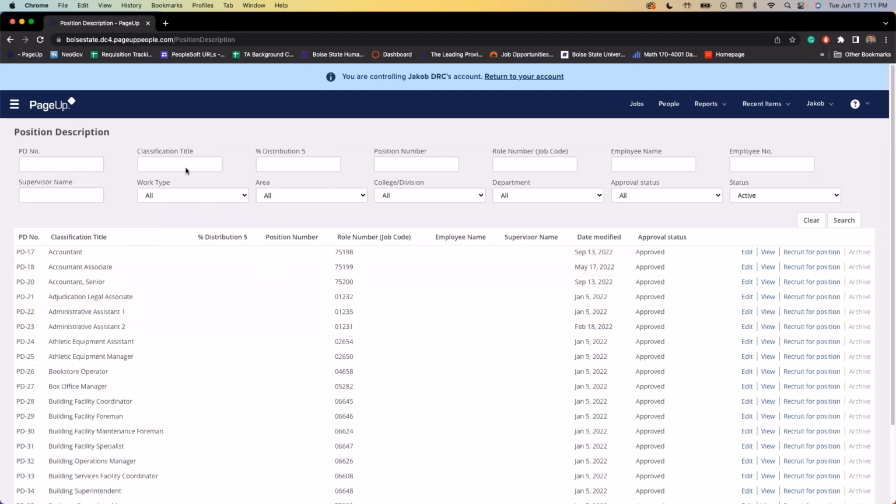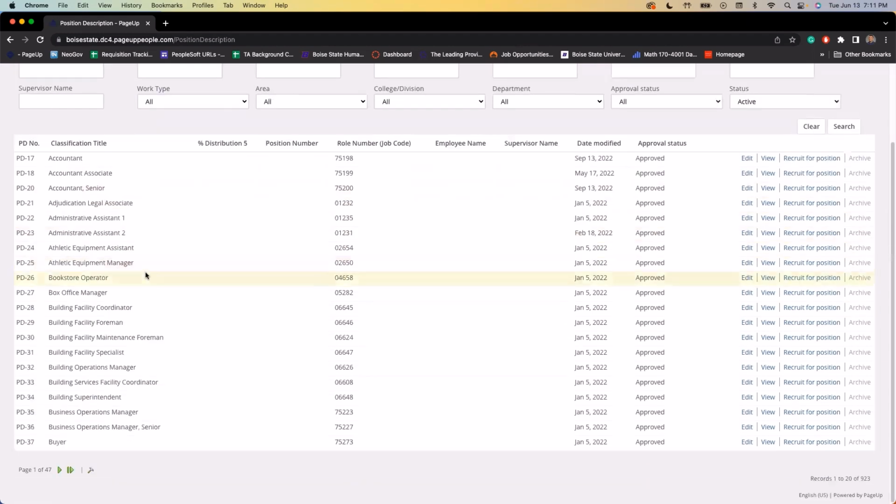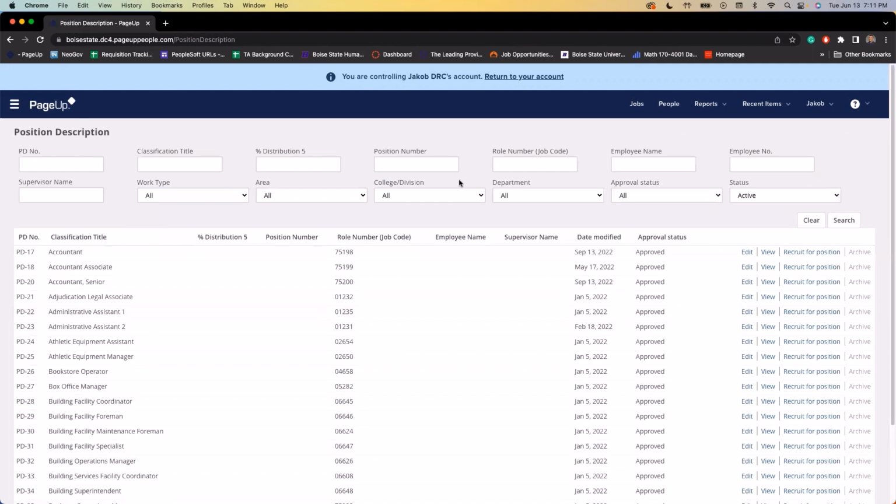So as you can see, with everything cleared out, you can see the whole list of certain positions and their job standards that you could recruit for. But let's say that I want to recruit for a business operations coordinator. How would I be able to search that up? I could search it up with the job code number. I could search it up with the classification title. Either of those work. So I'm going to search by the classification title,